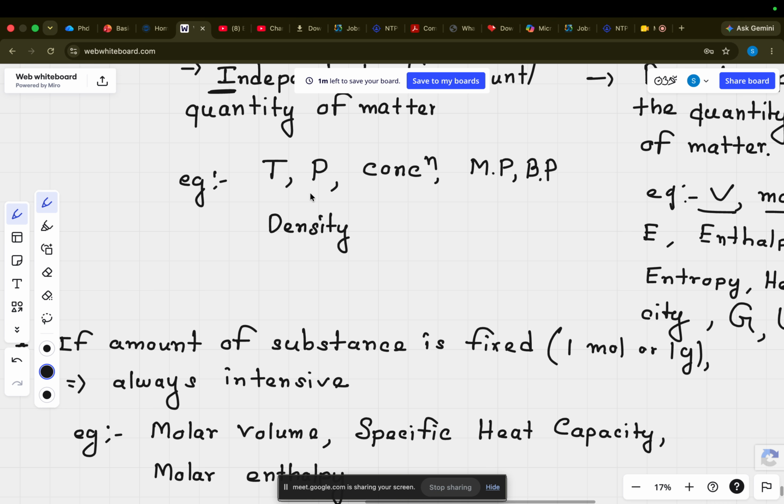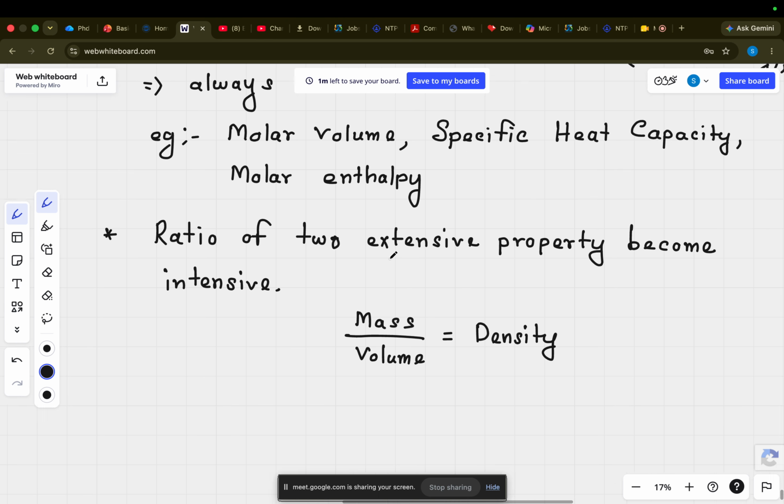Clear? Fine. So these are the differences between your intensive property and extensive property. Okay, next,